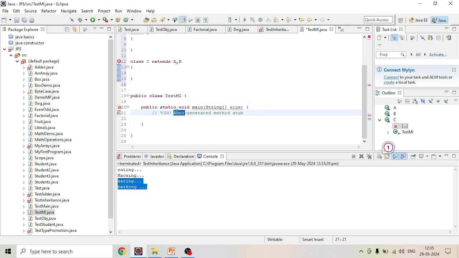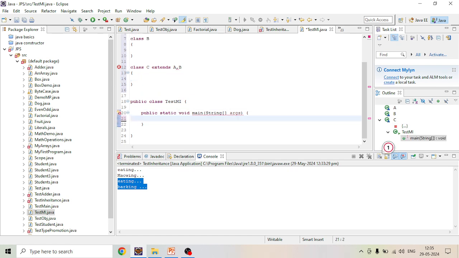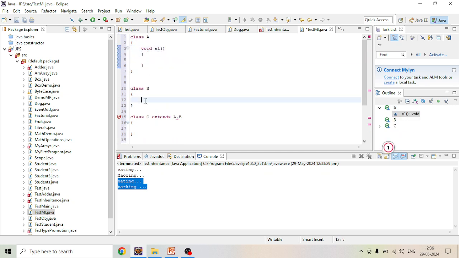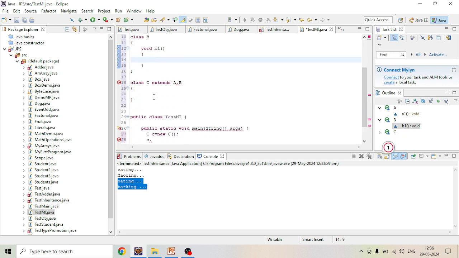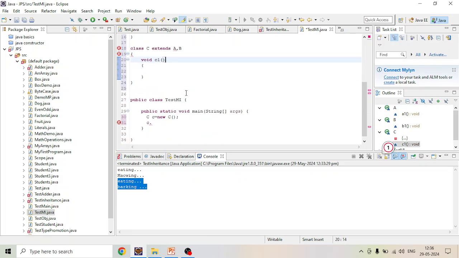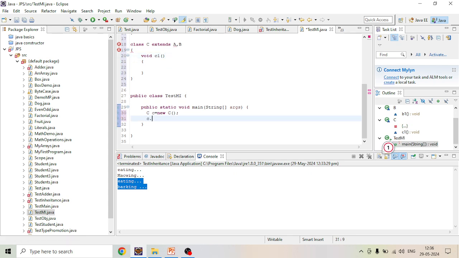Then try to create an object of class C, C c = new C. Class A has void A1, here void B1, and class C has something, void C1. If you try to create an object of class C,